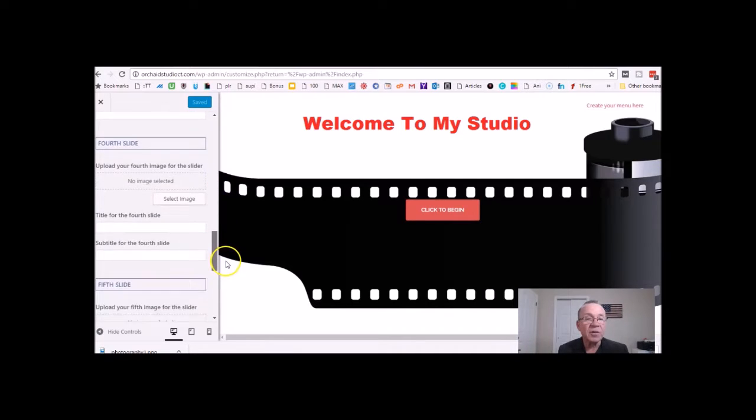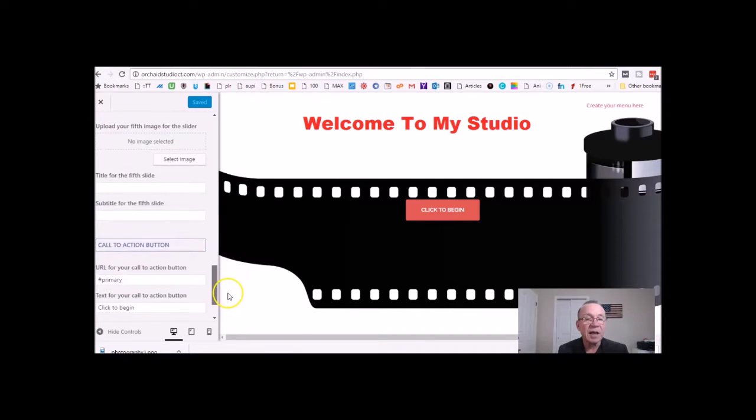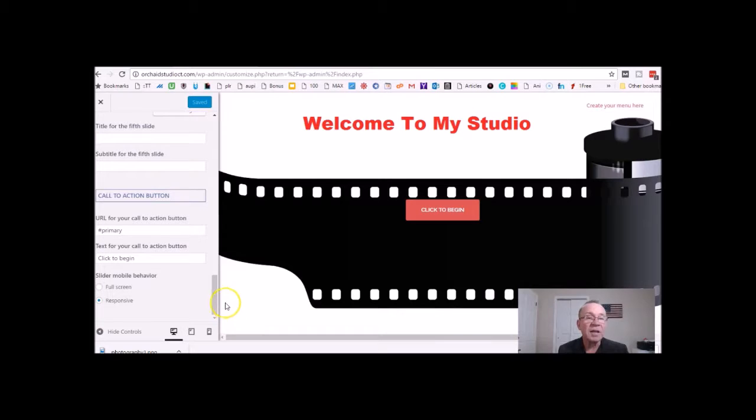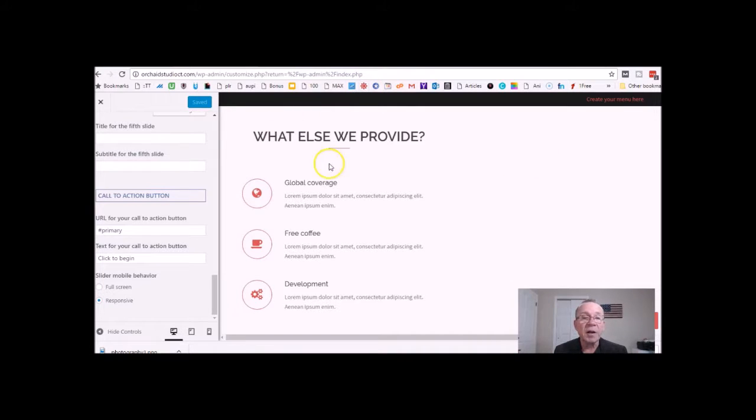third slide, fourth slide, fifth slide. Okay, so call to action. That's this button right here, call to action. So say you wanted, when they click that button, to go somewhere on your page. You wanted it to go here, say. All you'd have to do is keep that pound button and then just type in what else we provide